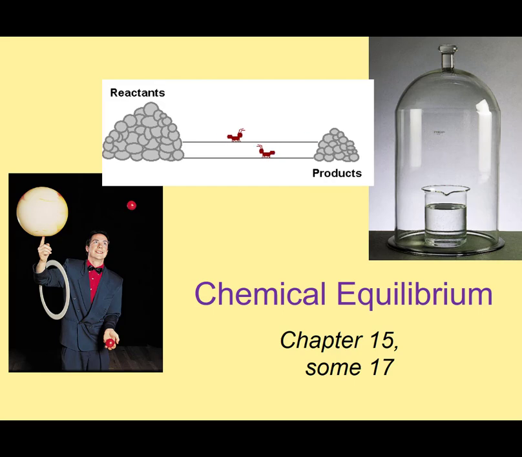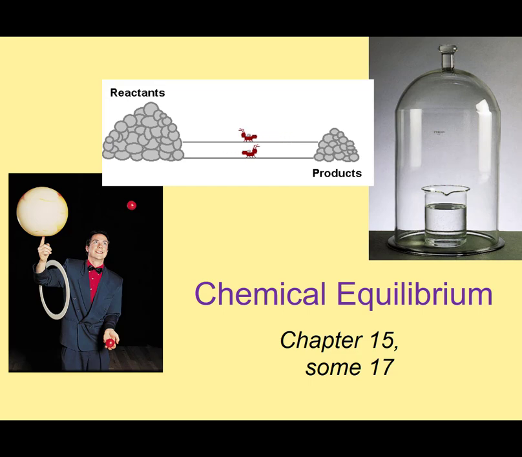In this unit, we are going to be studying chemical equilibrium. In chemical equilibrium, we have reversible reactions. In a reversible reaction, the reactants can form products and the products can form reactants. If the rate of the forward reaction equals the rate of the reverse reaction, then we have a situation